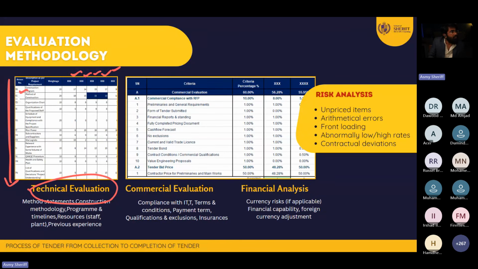We requested them to submit the method of construction. We asked them to submit the organizational chart, the equipment schedule, and health and safety. You see, all the documents we requested through the ITT. So have they submitted? So what I'm going to do, for example,